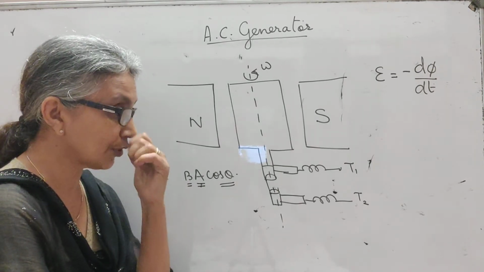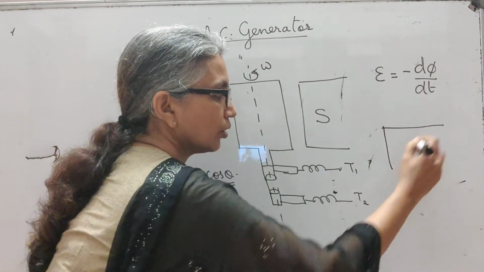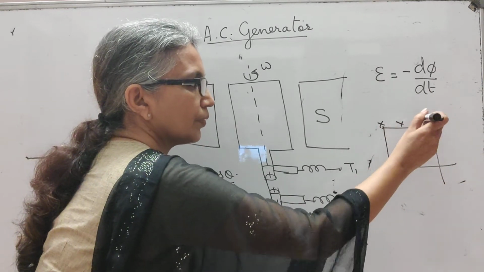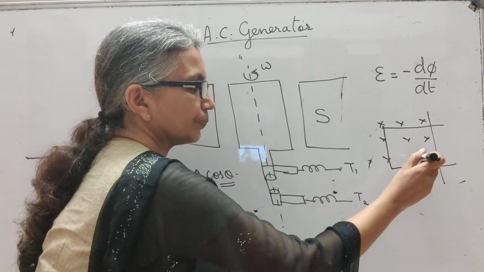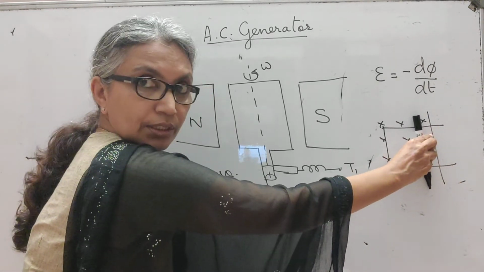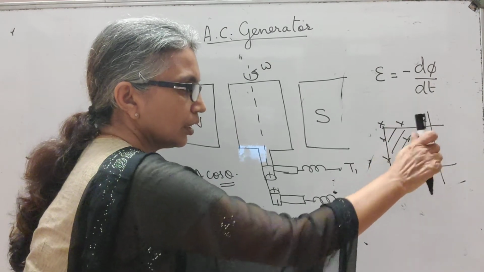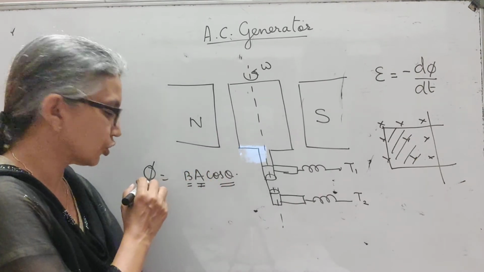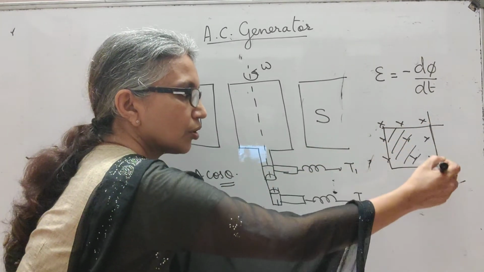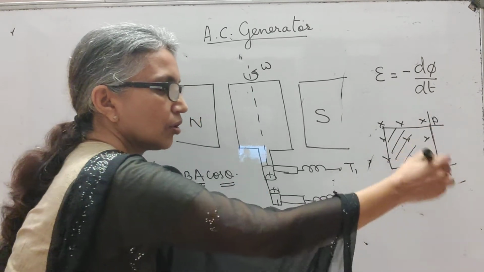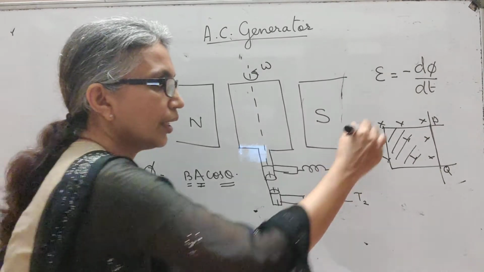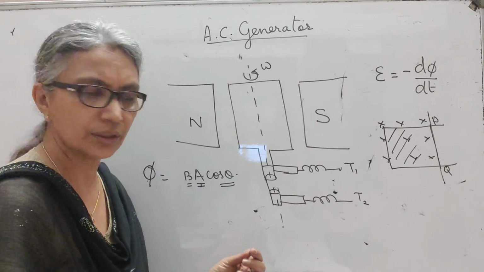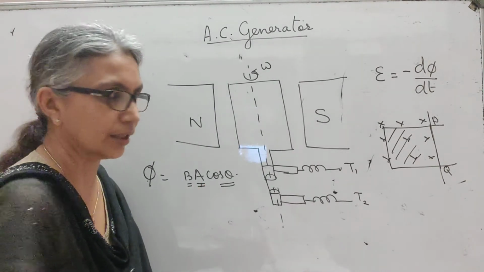When we dealt with motional EMF, if you remember, we had a rectangular frame like this and a rod that was free to move in and out, and we had kept this frame inside a magnetic field. As you move the rod inwards, you are reducing the area. When you move it outwards, you are increasing the area. Because of a change in area, there was a change in flux, and we found that across the ends of the rod PQ there is an induced EMF, and an induced current flowing through the coil. So the motional EMF topic deals with change in flux because of a change in area.